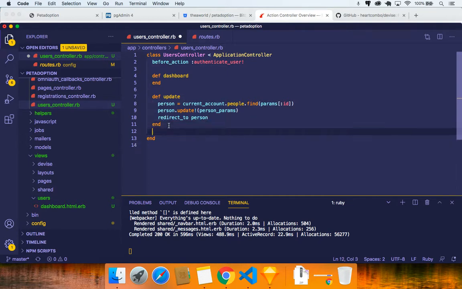Over here, we have a private method. I'm going to add a private method, and again, I'm just doing what I'm seeing in the Ruby on Rails guides. The only difference is I'm modifying a couple of little things. So here we have a def, exactly what we saw earlier. I'm going to call mine current_user_params. I'm going to end this method, and inside of that method, I'm going to say, okay,